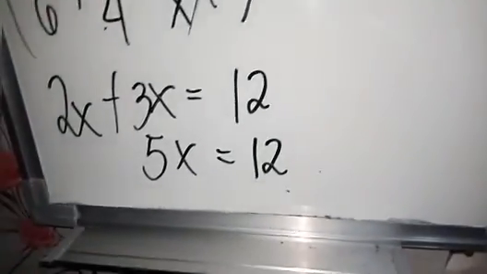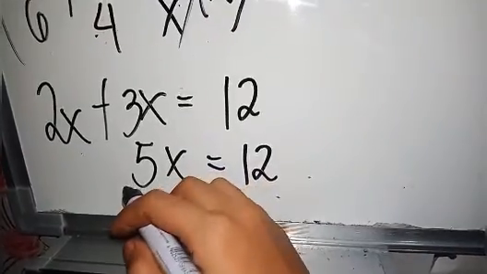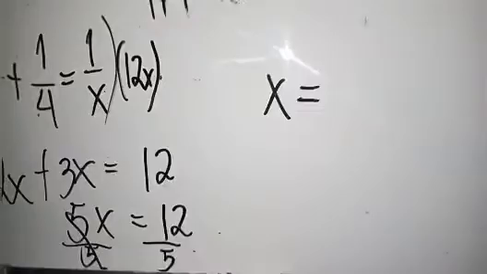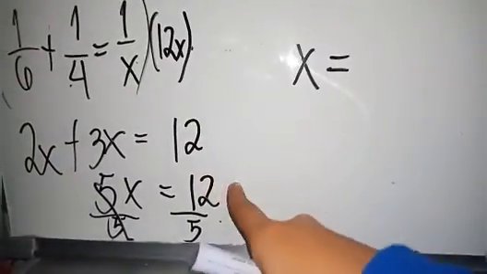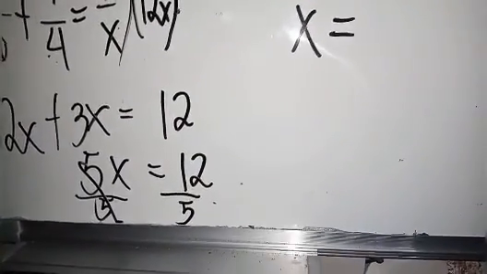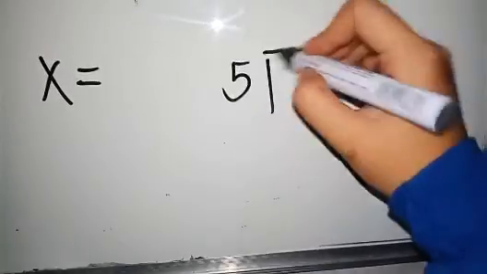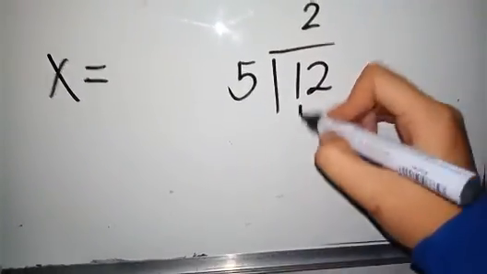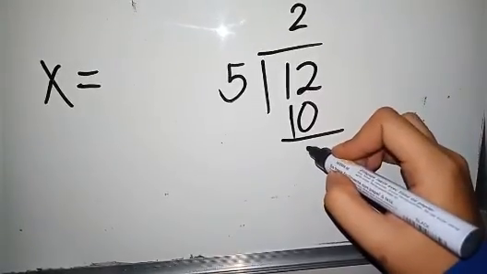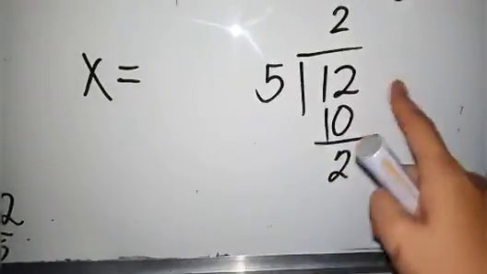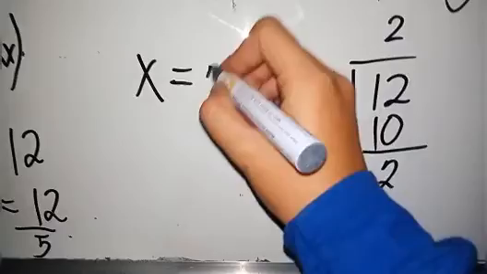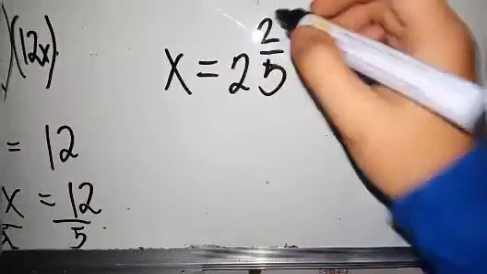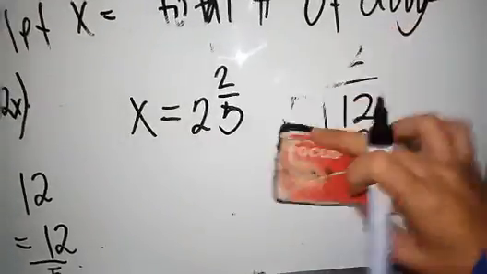Then para makuha natin yung value ng x, divide lang natin both sides by 5. Okay. After that, i-divide lang natin ito. So we have 12 divided by 5 will give us simply 2, then 10, then we have 2. So, kapag ginawa nating fraction, ito magiging, we have 2 and 2/5. So, ito ngayon yung days